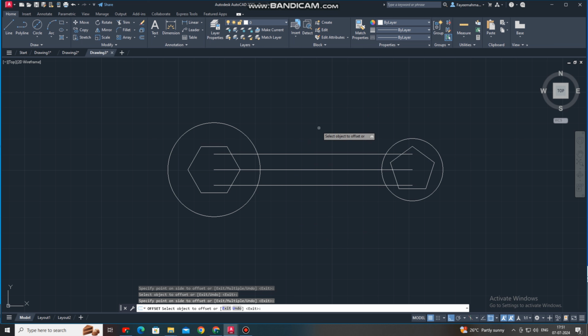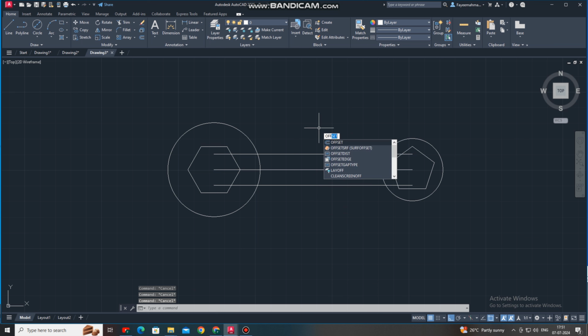So again we make one more offset, of 5 mm and 5 mm. So press OFF, the shortcut command for offset. Okay, now here we will keep the value 5 mm, select 5 mm, and we press from this center point upside and below side.